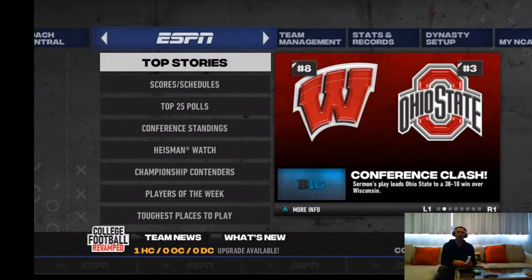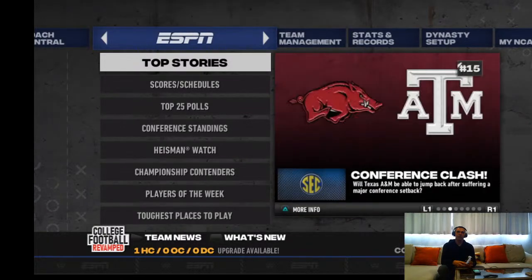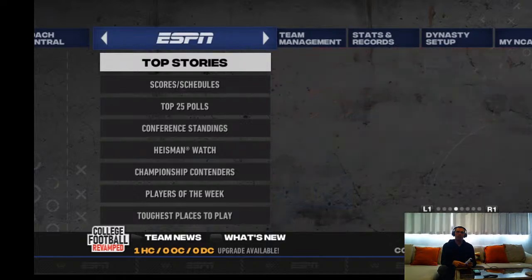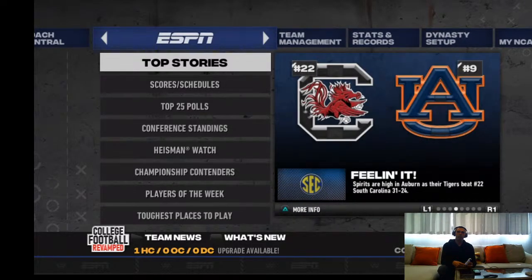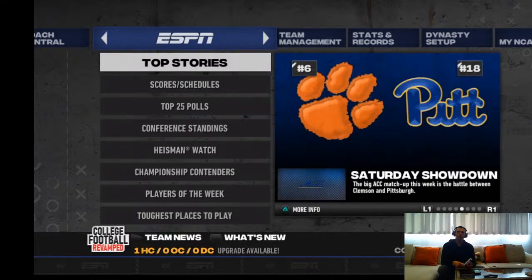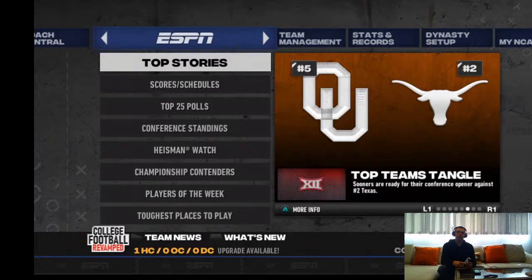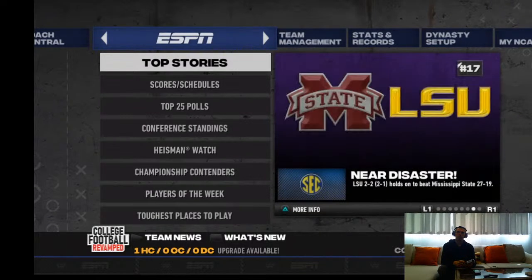There was that big game I mentioned where now Ohio State has moved to 3 after beating previously number 3 Wisconsin. Texas A&M lost to Arkansas, so again another upset there. Auburn beat South Carolina. Again, just looking around the league here, big game this week in the ACC, Clemson and Pitt. And then probably the game of the week here, the Red River rivalry between Oklahoma and good old Texas there. And again, that should be a pretty stellar game. One of those teams will probably be very well positioned to be in the college football playoff.